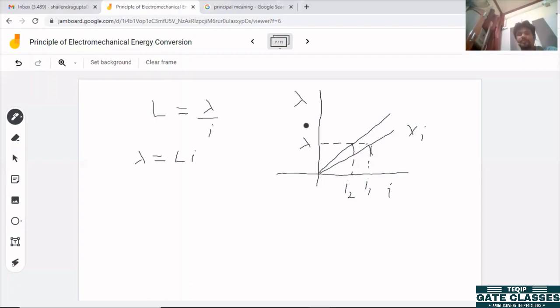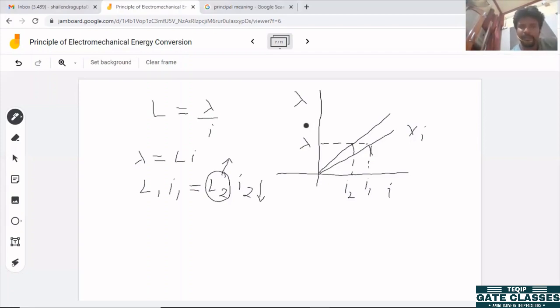So how are you doing it? The system is not able to sense the displacement. So for a lesser air gap, the reluctance will be less, and for less reluctance, the inductance will be higher. So we can say L1 I1 is equal to L2 I2, this L2 is higher than L1, and therefore I2 has to be lower than I1. So lesser current will generate the same amount of flux.